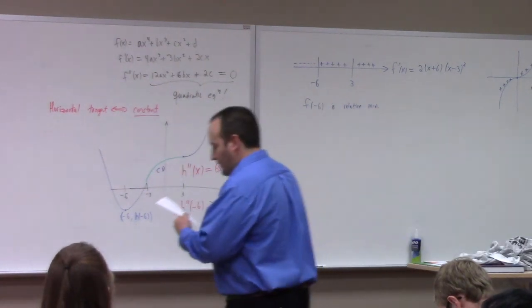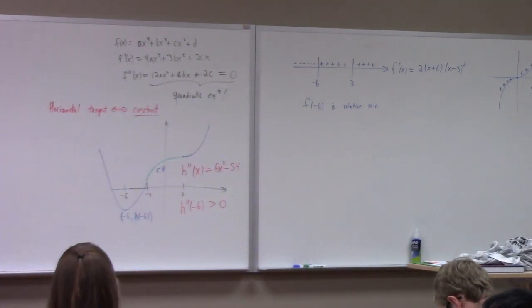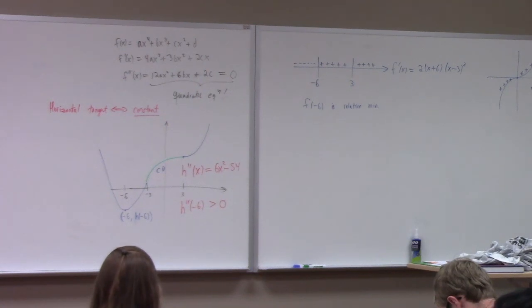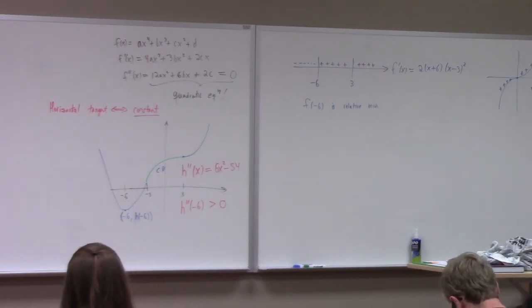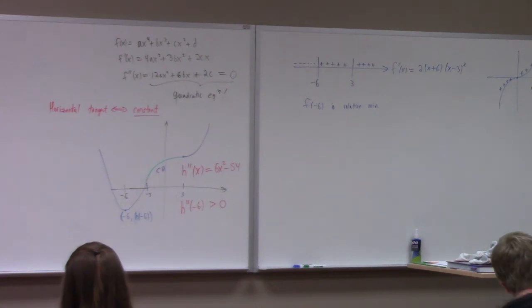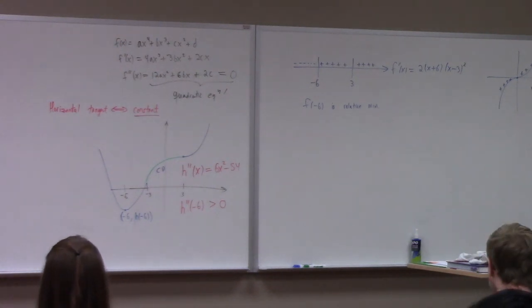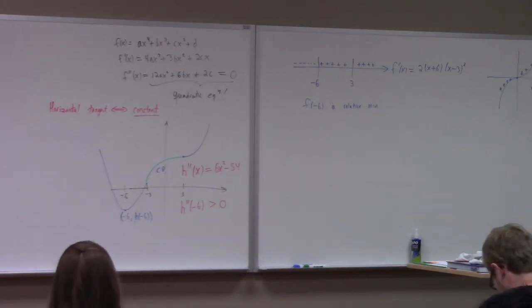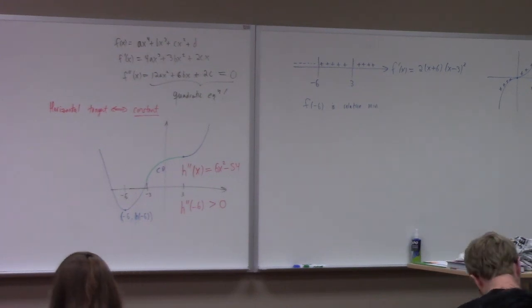So let's work your problem. Number 9, was it? Number 9. Oh, number 8, okay. Homework 9, number 8. G of x is x cubed minus 9x. And we're supposed to find the relative